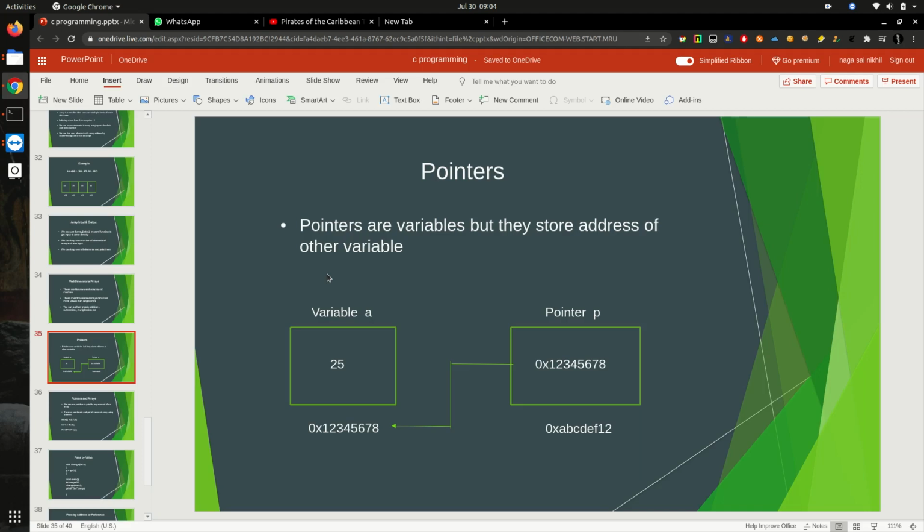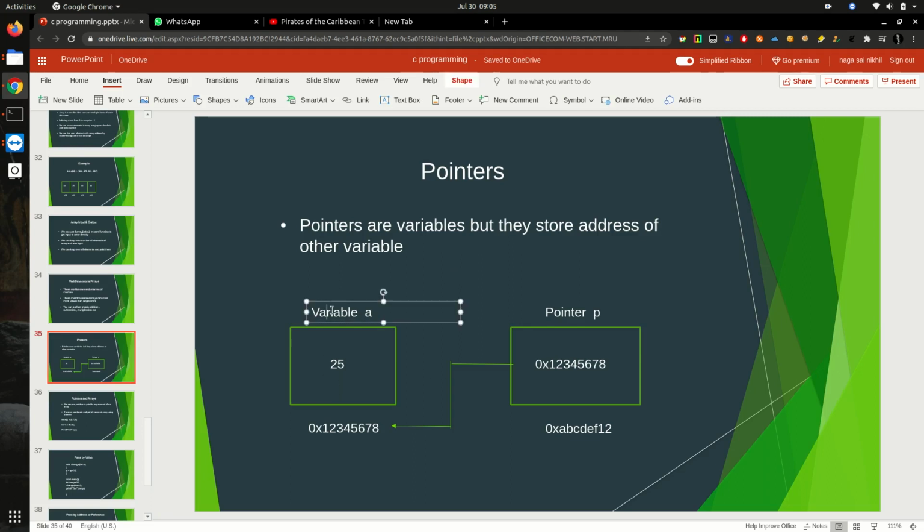So that way you can compare it to pointers. The board or letter which is showing the new address of my house can be related to the pointers. It's like pointing to my new address. In the same way, in computer science, pointers are variables that store the address of another variable. Just as the board stores the address of my house, the pointer stores the address of other variables.